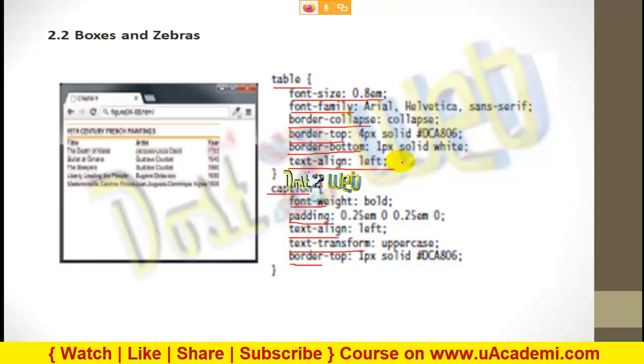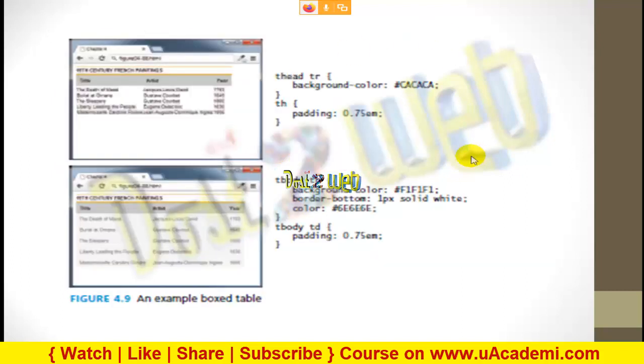Again I am repeating, this is totally based on your practice. Then only you will get to know the result. Until you run the program, you will not get to know what purpose we are using this for. You can see here next the example for the box table. If you want the box, you can see here the difference.